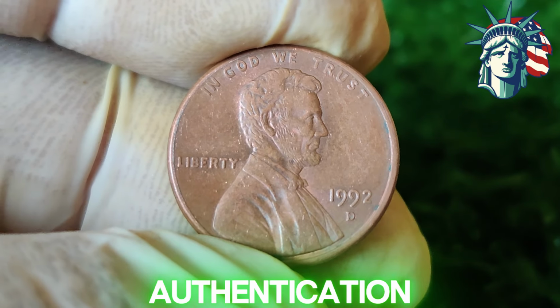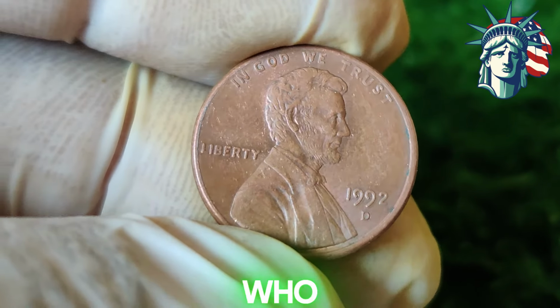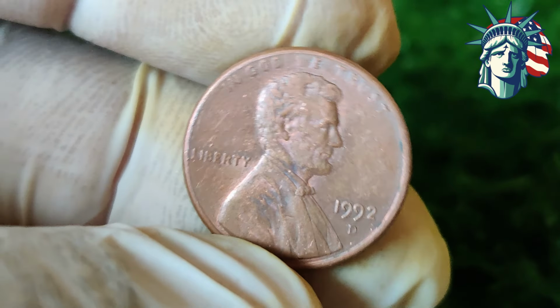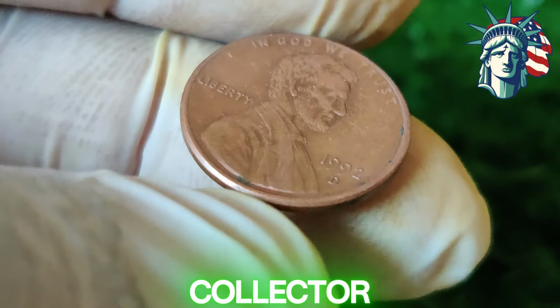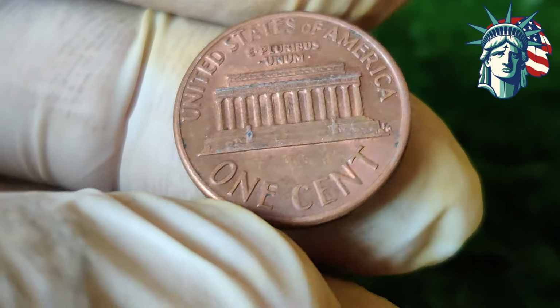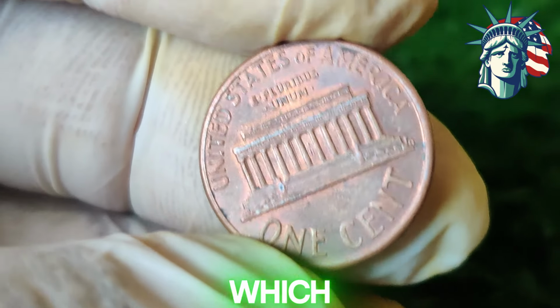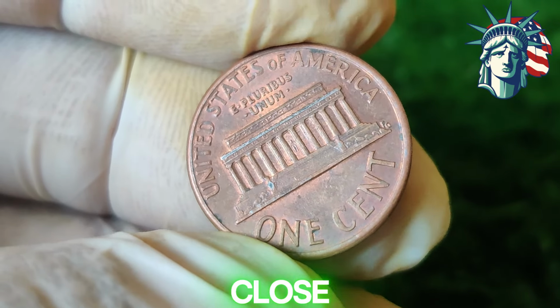Chapter number 4. Discovery and authentication. For years nobody noticed the Close AM coins. After all, who checks letter spacing on pennies? That changed when a keen collector spotted a 1992 penny with the A and M almost touching. That collector submitted the coin to a leading grading service, PCGS, which officially authenticated it as a Close AM error